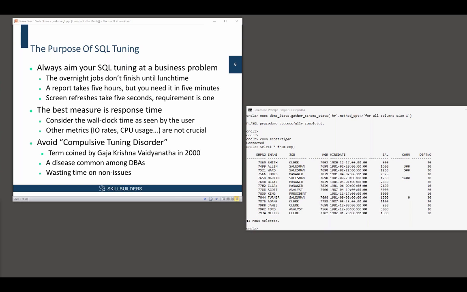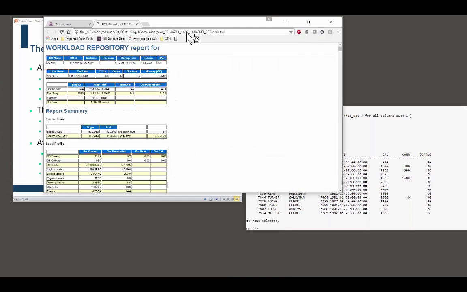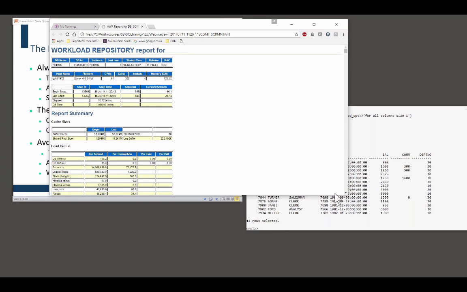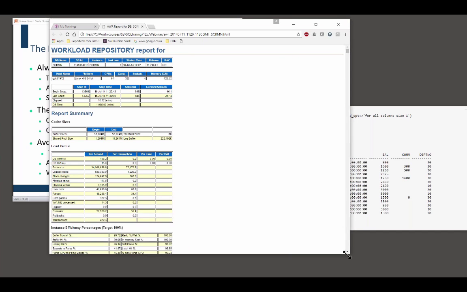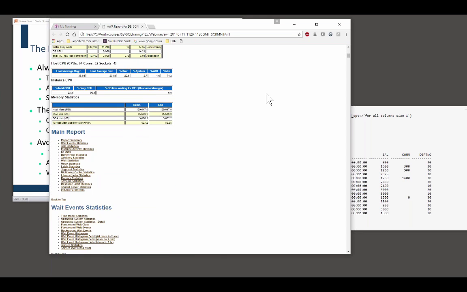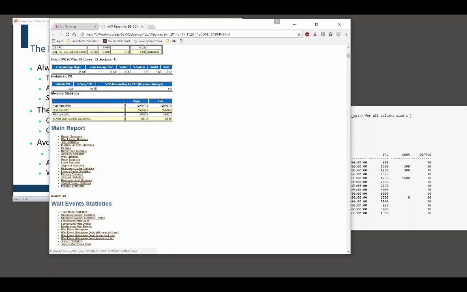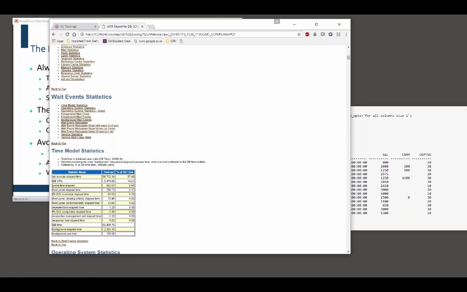As an example, let's take a look at a performance tuning report, just one that I happen to have permission to use at the moment. This is an automatic workload repository, an AWR report. We'll look at a couple in these 2 hours. And one of the major sections of the report is what we call the wait events. A wait event is something that causes a statement or a session or indeed the whole